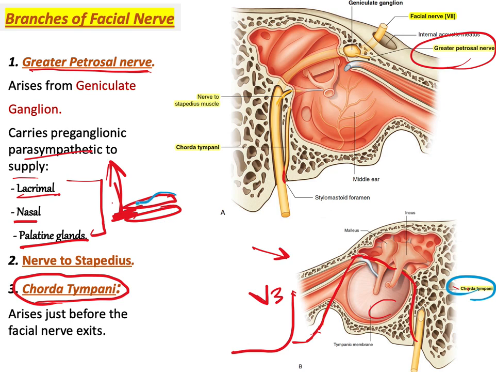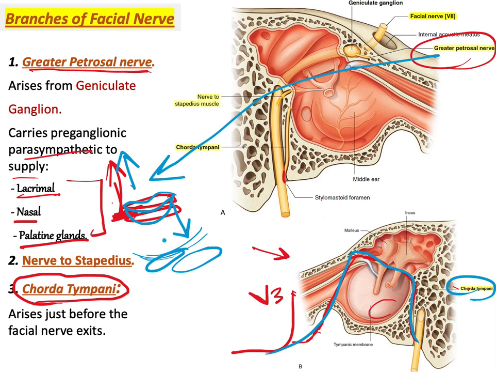This is the mouth, for example. So below the oral fissure, all glands, including the small glands in the floor of the oral cavity, the submandibular gland and the sublingual salivary gland, all these glands receive parasympathetic innervation from the chorda tympani, right? So above the oral fissure it is the greater petrosal nerve. Below the oral fissure, all the salivary glands and so forth are supplied by the chorda tympani. So this is the chorda tympani,